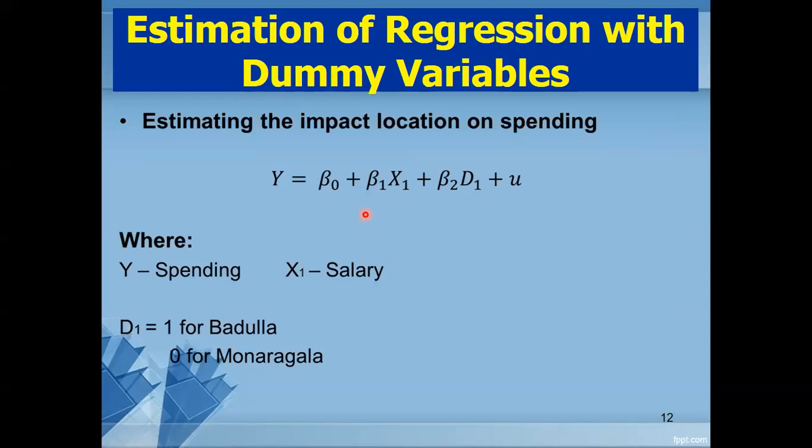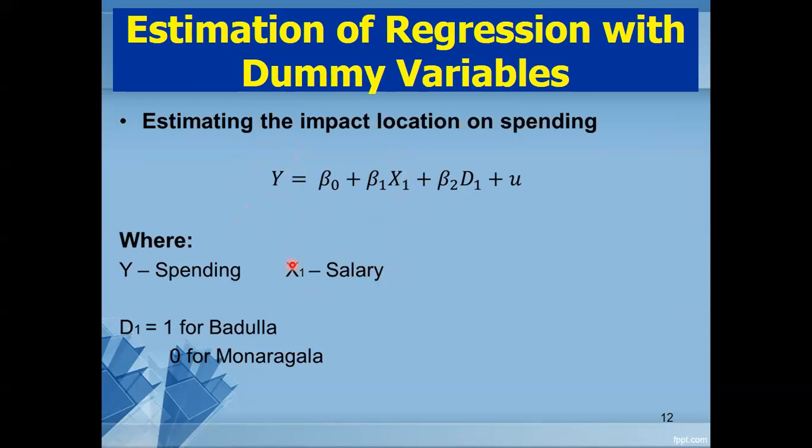The people living in Badulla might have a spending pattern different from those living in Monaragala. So I just want to examine whether there is a locational impact on spending. Simply speaking, I have taken household spending as the dependent variable, and I have taken salary